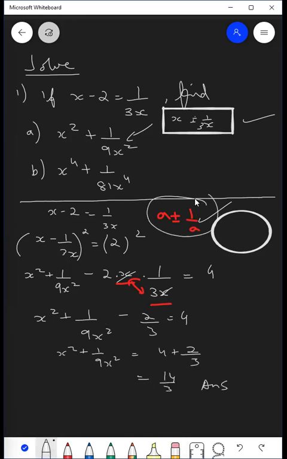Again and again, I've been telling you, if this is applicable to 2x or 3x, whatever it might be, then we need to do 2 into ab also. Why is it forgotten? Sarah, did you understand this? Paki, the second part is also correct. Did you all understand this, Sarah? Come on, you all can't get this wrong. So Ramya, is this clear? Ananya? Quickly solve x to the power 4 plus 1 upon 81x to the power 4, everyone. Now quickly do this. I'm not going to solve this.